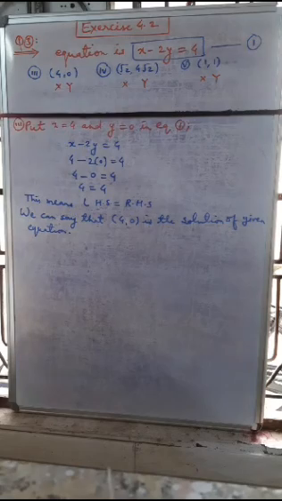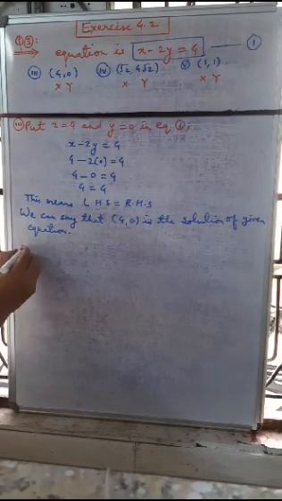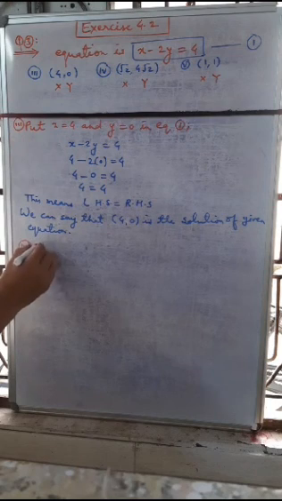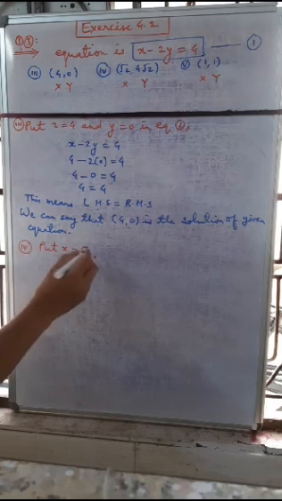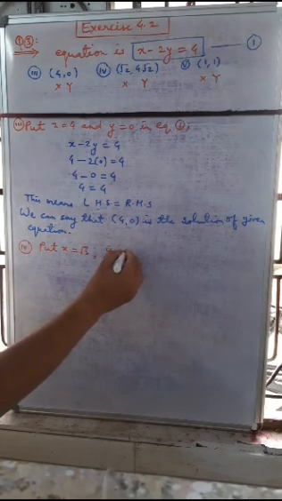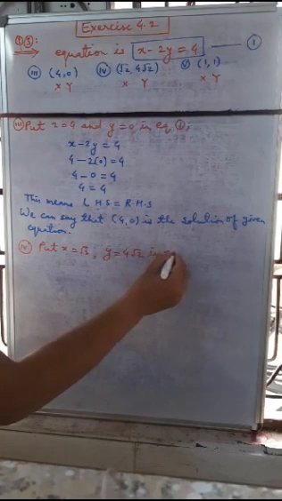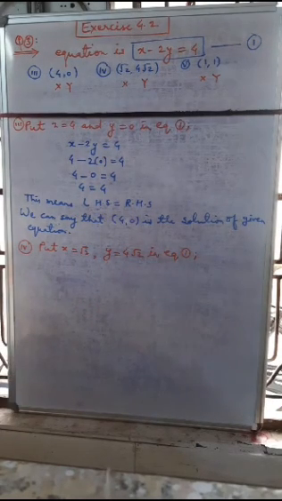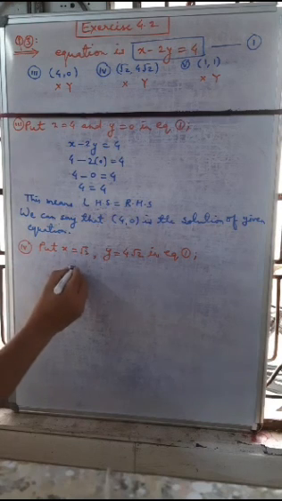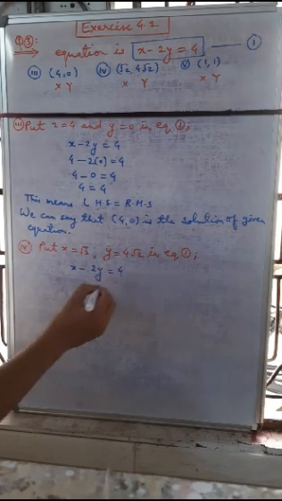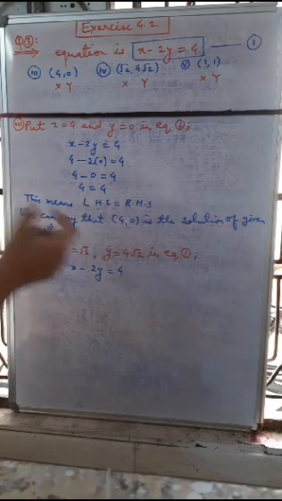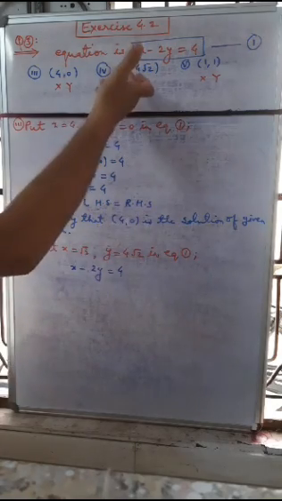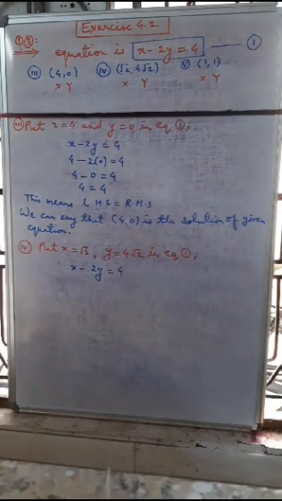Now again we will choose option number 4. Option number 4 is that in place of x we will put root 2, and in place of y we put 4 root 2 in equation 1. So again we have the equation x minus 2y is equal to 4. If we are not getting left hand side equal to right hand side, then we can say that the given point is not a solution of this equation. So it may be possible here, we will put the value and check it.